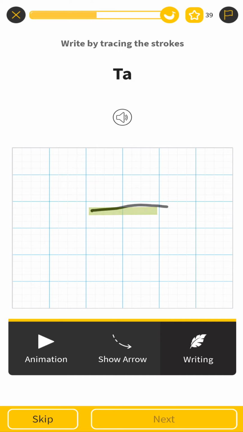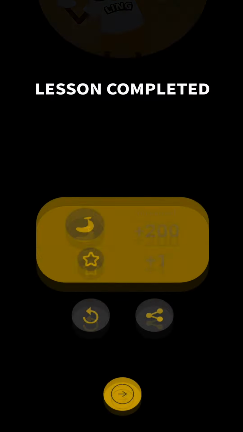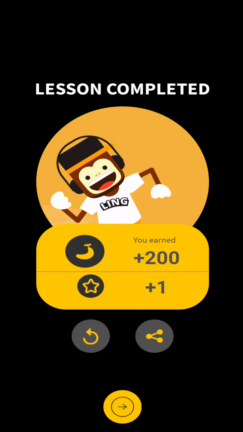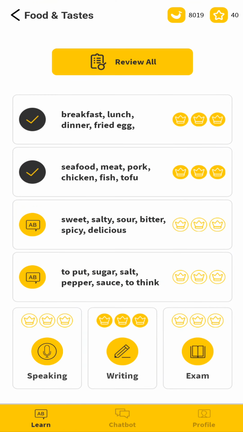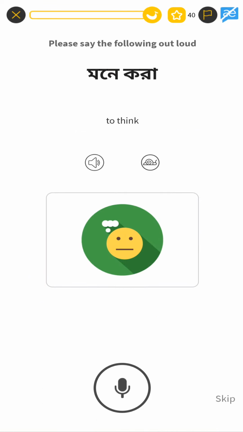Wrong way. Hooray! Full marks. Just for fun, let's do the speaking one because sometimes I do say it right and I lose marks for basically no reason. So this is